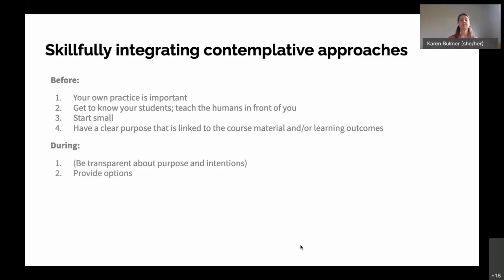Providing options is important. So typically in my classes, I make any sort of exercise or activity that we engage in optional. No one is required to do it. And then within the exercises themselves, you can often provide many options, like eyes open, eyes closed.